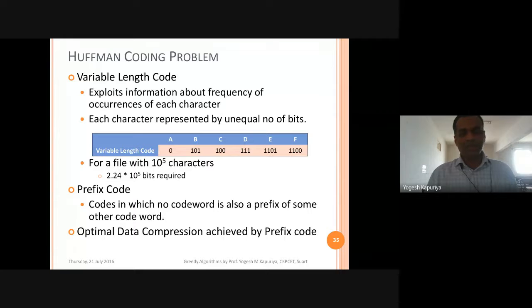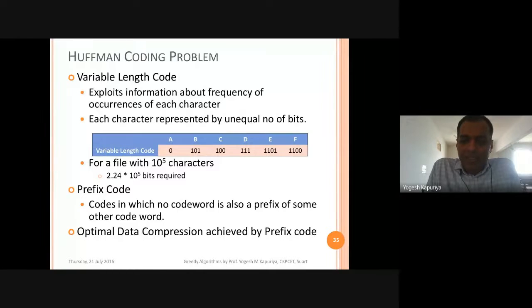Huffman coding is basically a coding problem. Why? Because in any compression or encoding technique, the method is something like this: you will be given a text. That text will be analyzed, and then based on the analysis, you represent each character of the text.